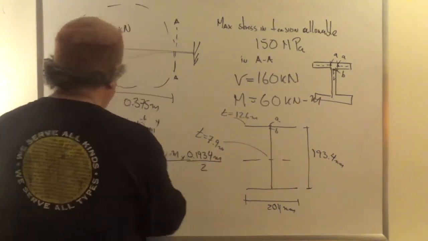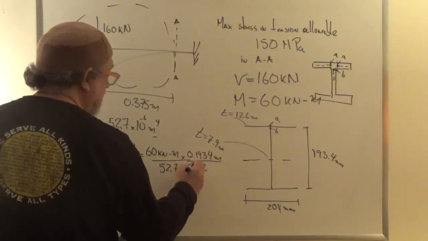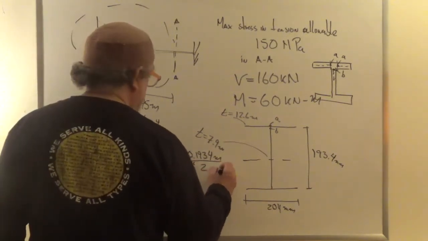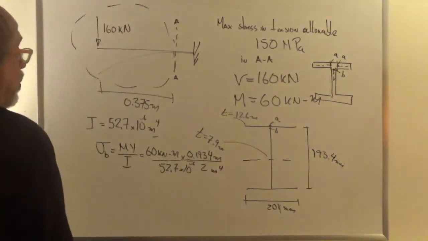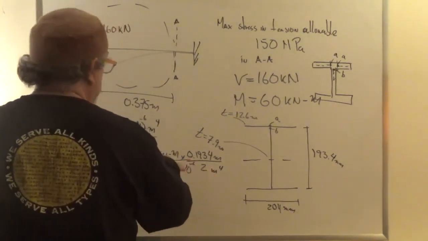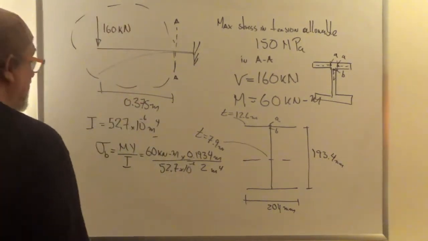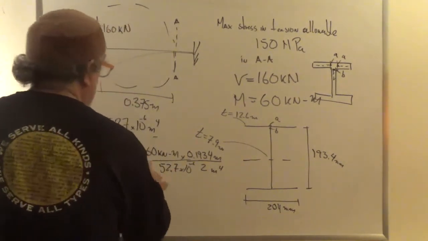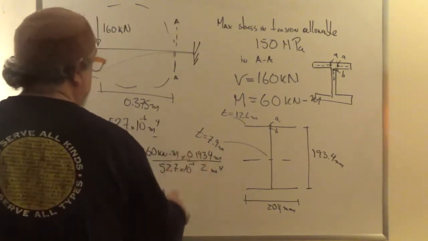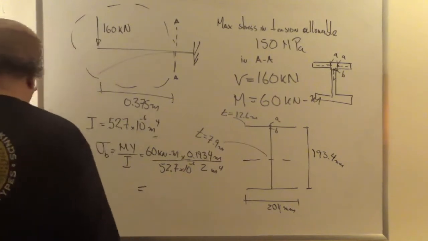And then what is I? 52.7 times 10 to the minus 6 meters to the fourth. So I get meters squared over meters to the fourth, so that's going to give me meters squared, so I get kilonewtons per square meter, which is kilopascals. And if I do the multiplication, 60 times 0.1934 over 52.7 times 10 to the minus 6,